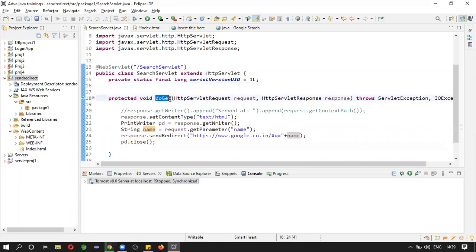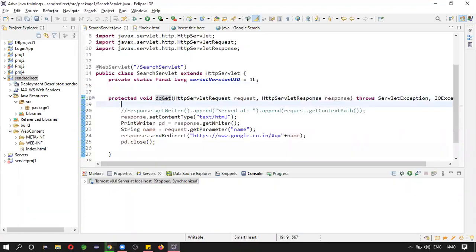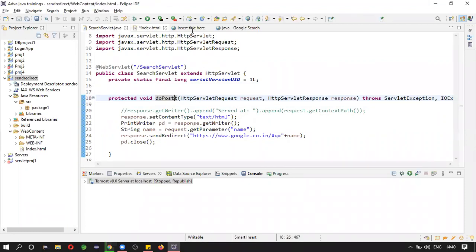Here we are using the doGet method. The doGet method will handle all the get type requests. Now this is not get type, this is post type. So change this doGet to doPost. Okay, so let's save this.